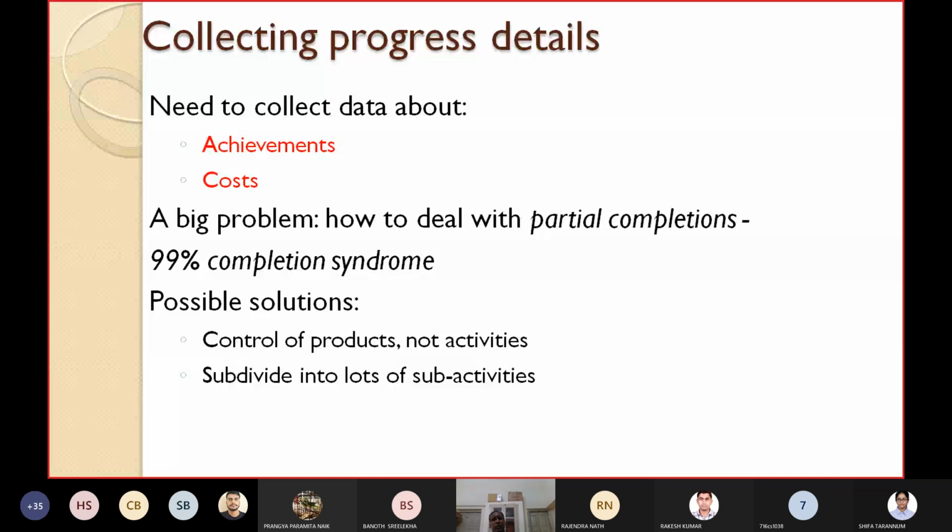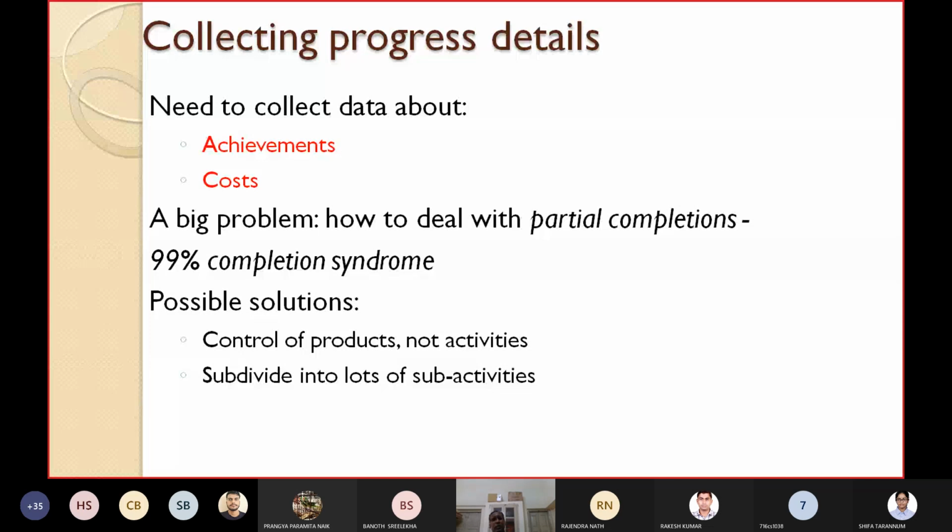I am not saying the final or end products, but the intermediate products can be used as activity milestones. The first successful compilation of a program might be considered a milestone even though it is not a final product, because after that I have to give input and then get the output. Still, it is an intermediate milestone that gives some idea of the progress of your project.